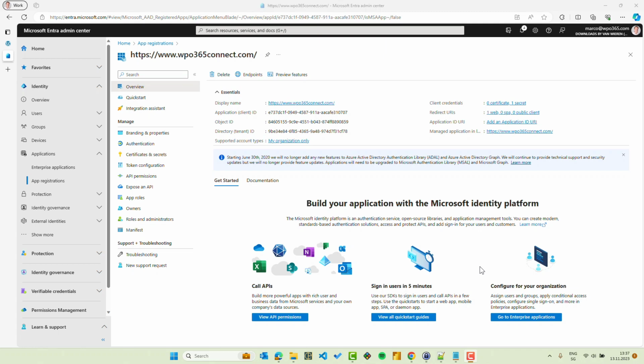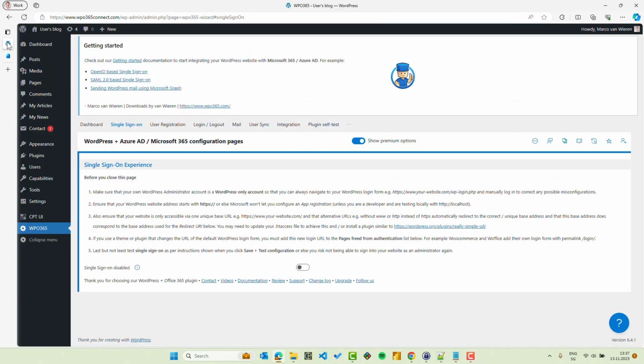I have completed the registration of our WordPress website in Microsoft Entra ID. So what is next? Well, I need to connect this WordPress website with Microsoft Entra ID. And for that, I need the WPO365 login plugin. So let's switch back to WordPress, to the admin area, where I already installed the WPO365 plugin, the login version